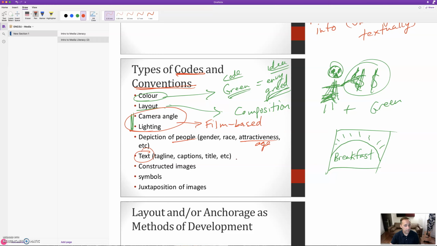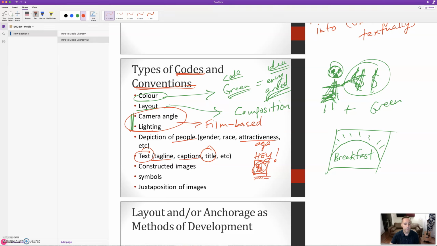Think about text. Sometimes under a photo, they might have a picture of, I don't really know what I'm drawing there, but then they might have some text written down below the photo. That's a tagline or a caption. Think about titles. What do they put at the top as a title? What's the font? What's the size? What's the color of the font? Is it bold?